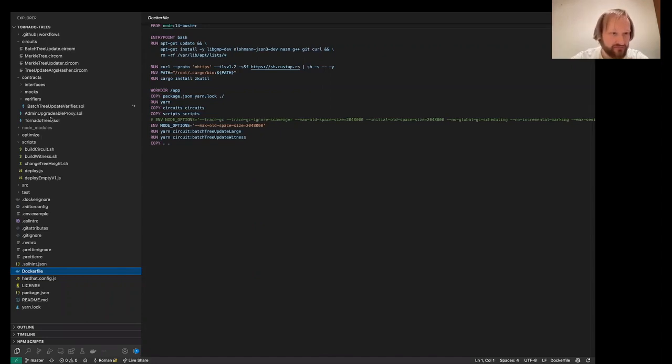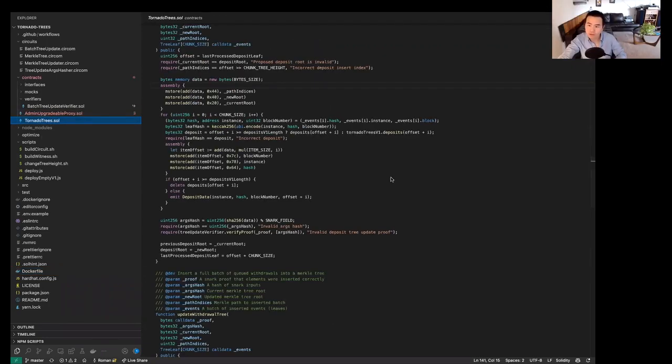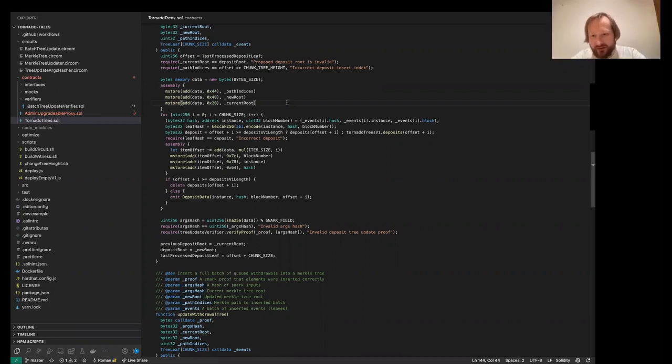And then Pran seems to have a different question: since we're not just dealing with the root of the Merkle tree, if the tree just gets larger and larger, how do we manage it? We need to specify the size of the tree before we build the circuit. So if we specify that the tree has 2 to the power of 32 elements, this is the total capacity. We cannot go over it. This will be all we have. Yeah, makes sense to me.